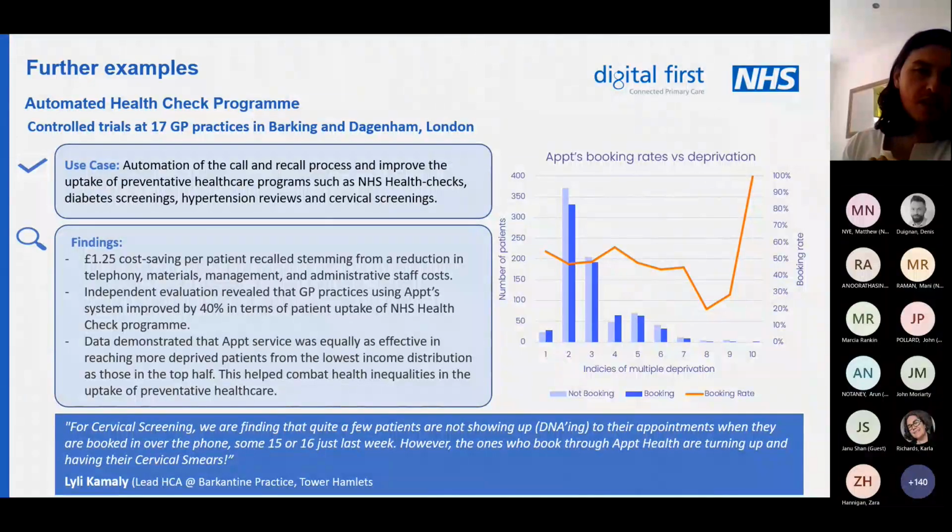It's a different solution that was used to automate call and recall processes for NHS health check programs in Barking and Dagenham. And the reason we're just highlighting a bit of this is because they actually evaluated what the findings are, versus the other one being expected benefits. So there were cost savings that stemmed from the reduction in telephony, different materials and management and administrative costs associated. And there's been some independent evaluation that demonstrated the system actually improved